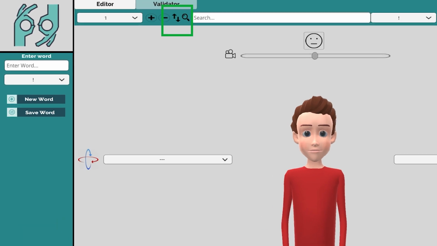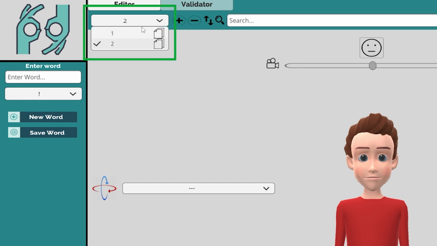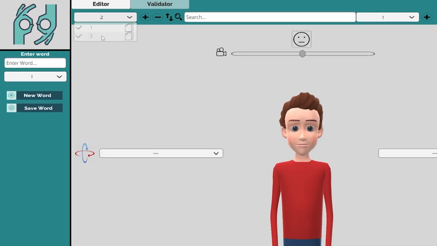To create another position, we click on the plus sign next to the drop-down menu with a 1 in it. You will notice almost nothing changed, but there is now a number 2 in the drop-down menu next to the plus we just clicked. The number represents the position in a sequence. That means we are currently in the second avatar position. 3 would mean we are configuring the third position and so on.